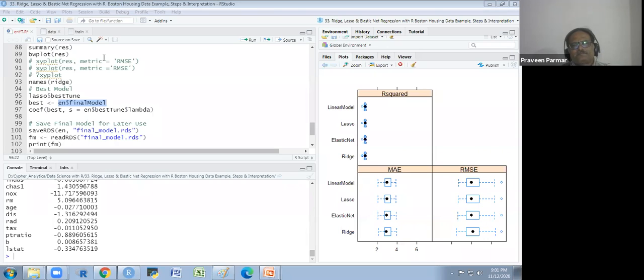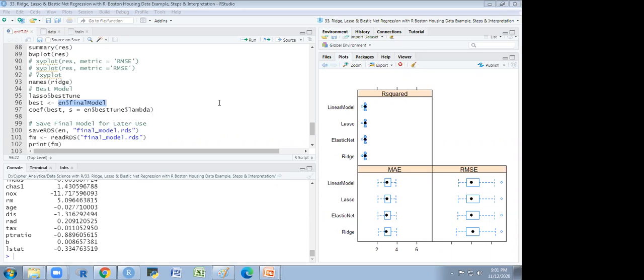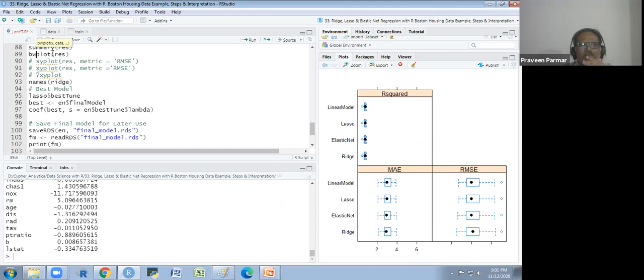Sir, in line number 89, bwplot. So what is indicated on the screen? Like bwplot, it's a keyword we can use for any other plot. Suppose we want to make a plot, we write bwplot and then the variable. No, that is a plot type.